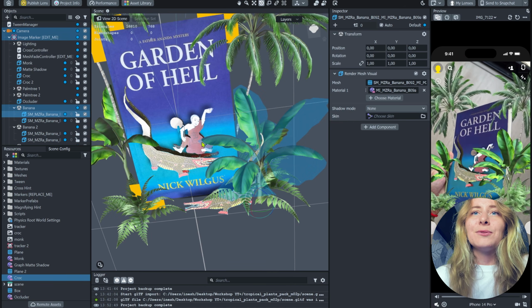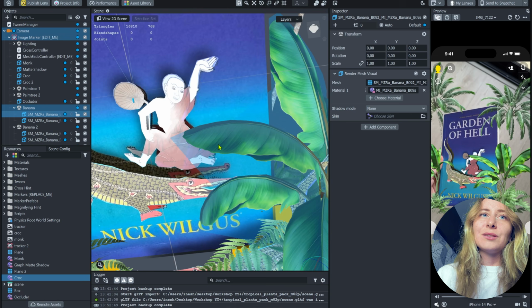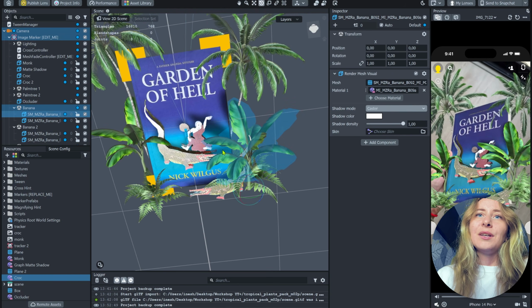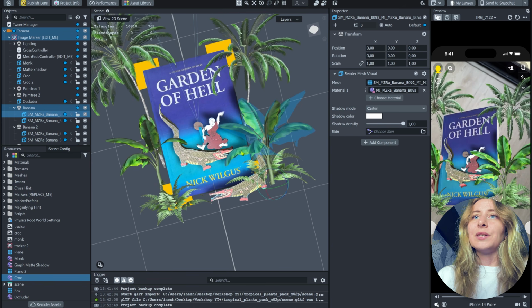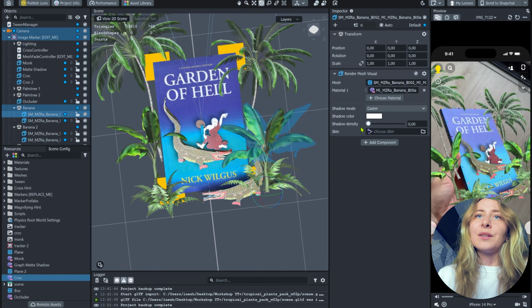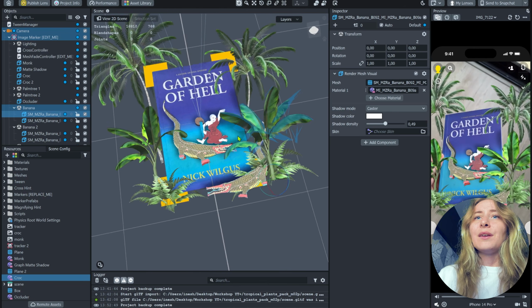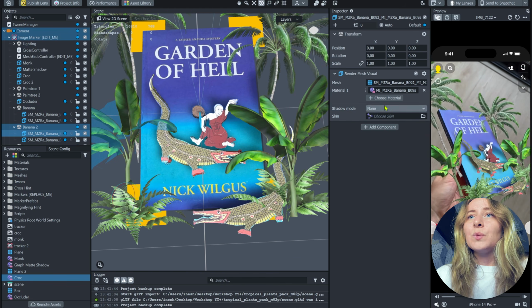So we can select, for example, this banana leaf and select it as a caster. And this just makes it even more realistic. We can adjust the density if I think this is a bit too harsh. And I will do the same with this one,